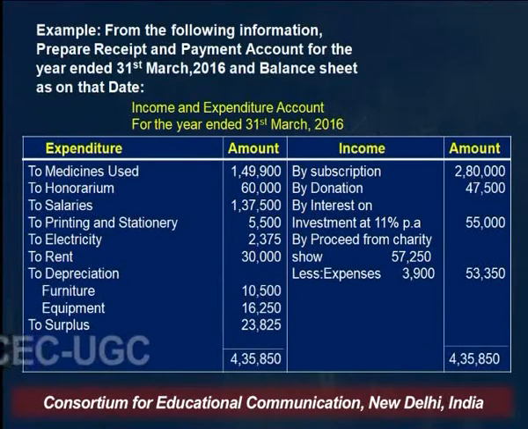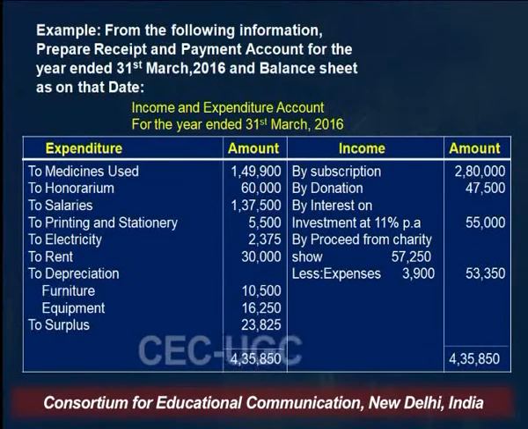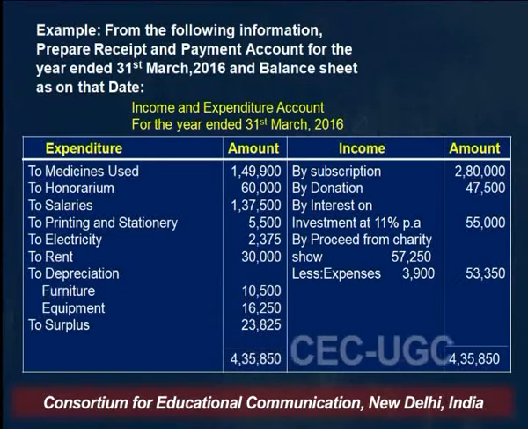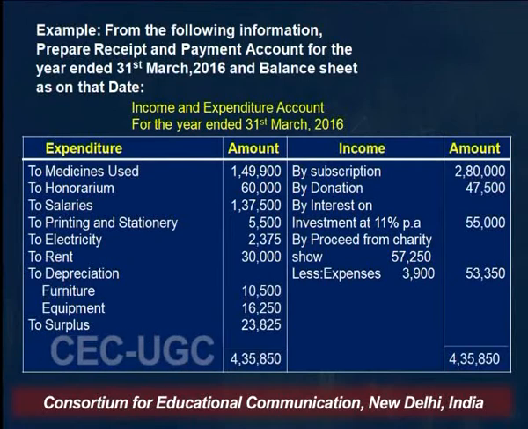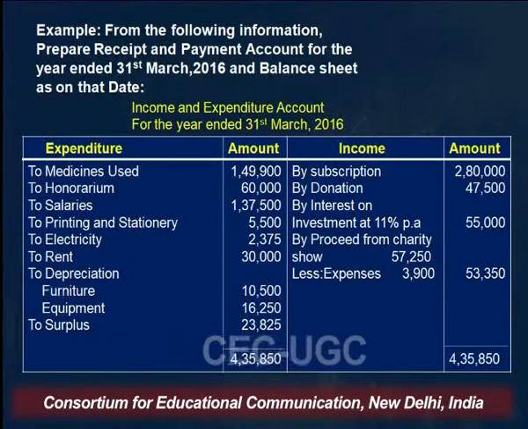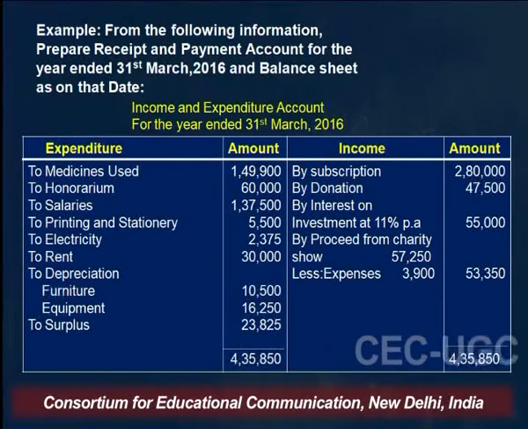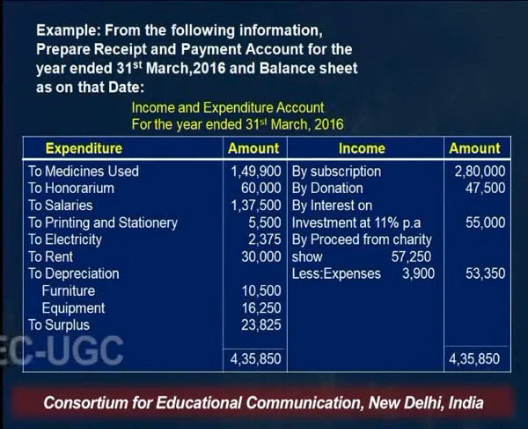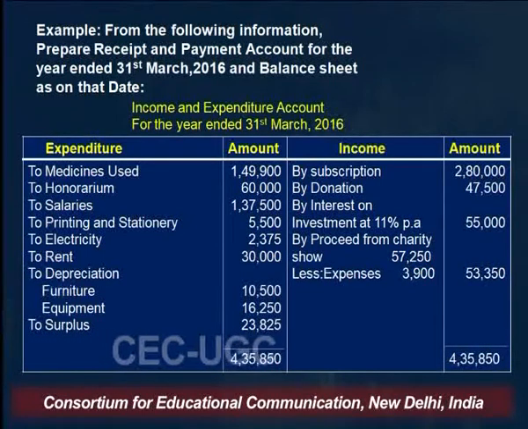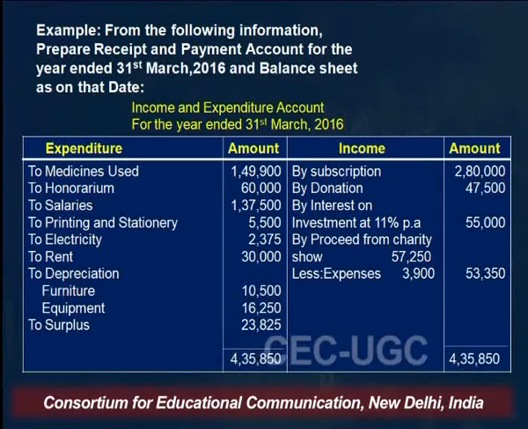All these items, as you can see, are revenue expenses. Revenue expenses means all those expenses which are recurring in nature on a daily basis, all those payments which are to be made on a daily basis. So the income and expenditure account records all revenue items. It records only those items which are related with the current year. And what do we have to prepare?